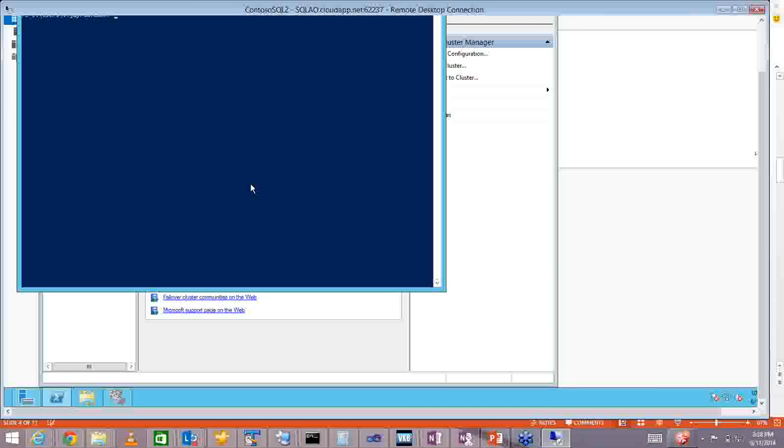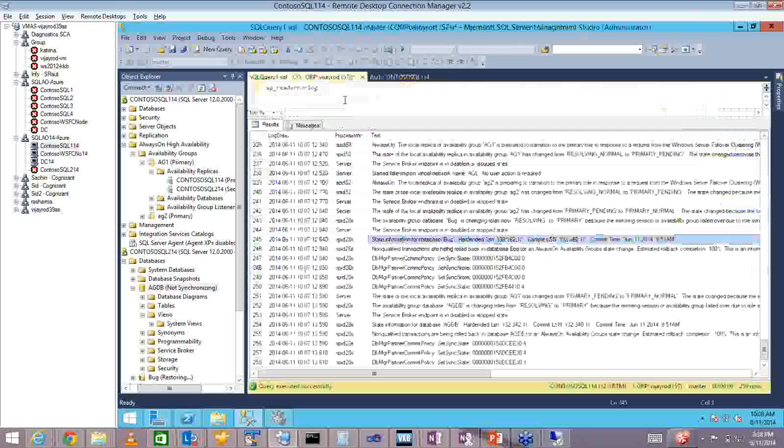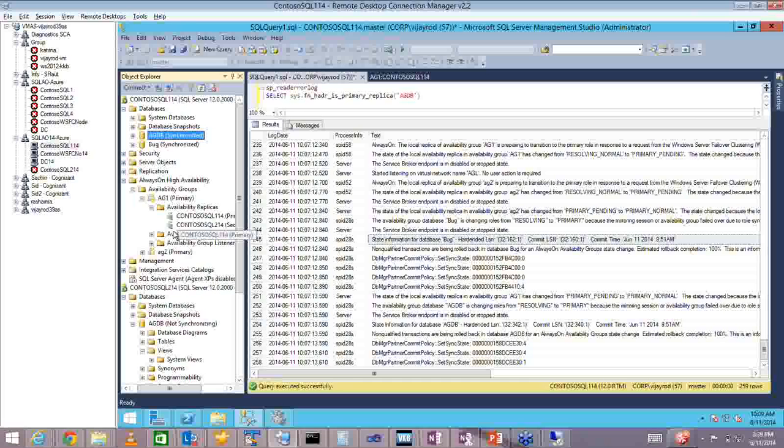But in 2014, we can run the select sys.fn_hadr_is_primary_replica function. AGDB is the name of the database, I think. Let's verify. If I go to AG1, I can see this is the database in this AG1, and this is clearly the primary. So if I run this,